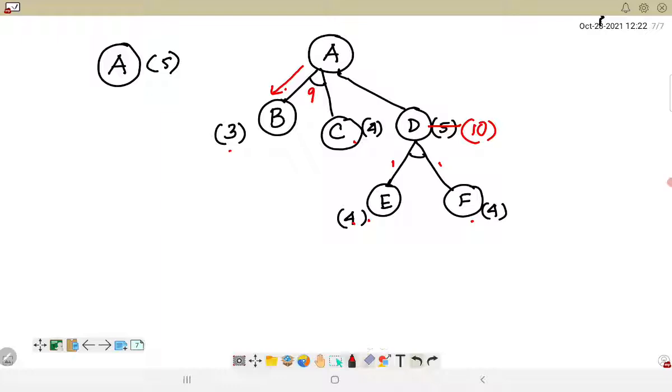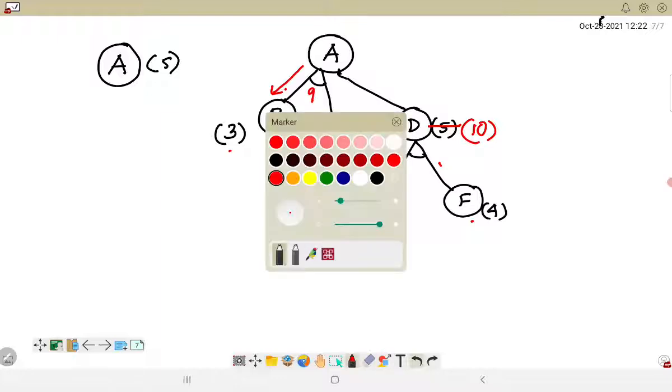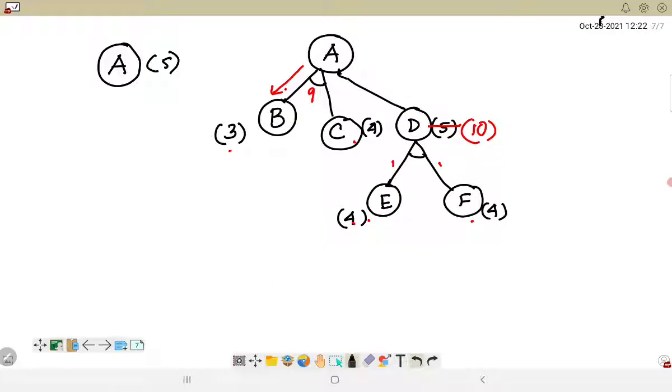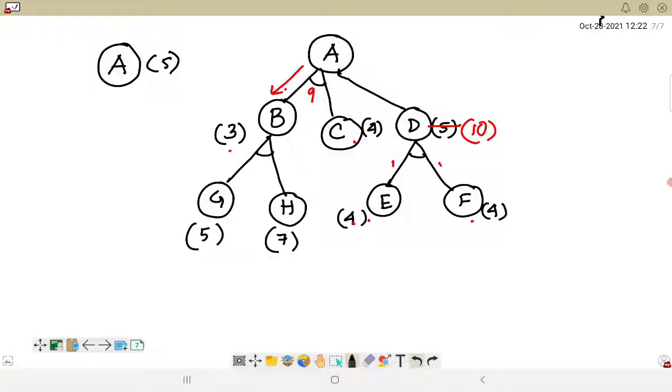Now again, while moving through B and C, it was identified that B has another AND arc here, and the successors generated were G and H, which have estimated values of 5 and 7 respectively. So when this is done, if we now have to solve this, since in our next step, that means in our third step, we chose the direction through the AND arc.